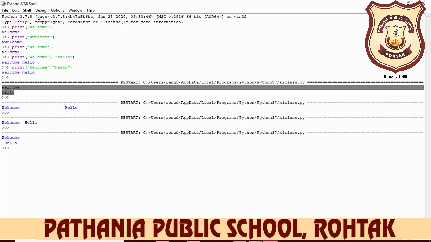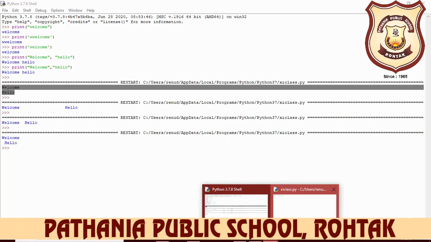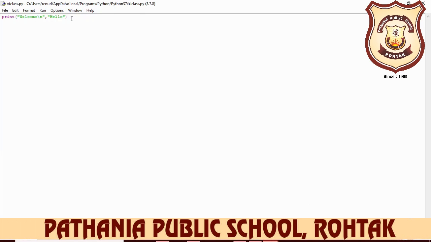But if we want the input value from the user side, then what do we do? We want a message always displayed that is input by the user, so what will we do? So again open it here, okay, and here you write print, and in print what do we write here? For example, we write enter your name. So this message will be displayed on your screen. But how do we input it?